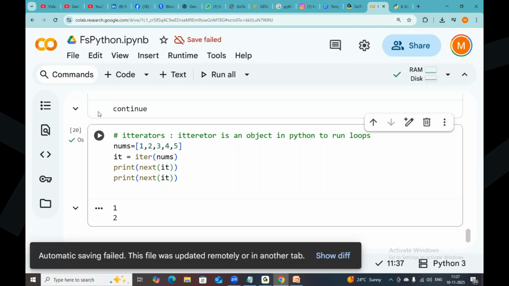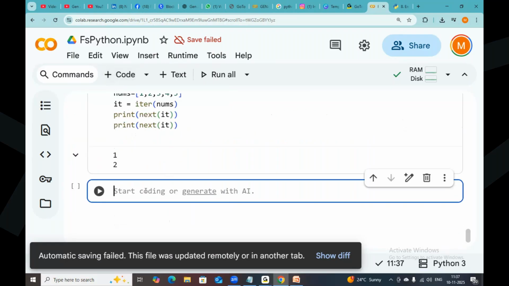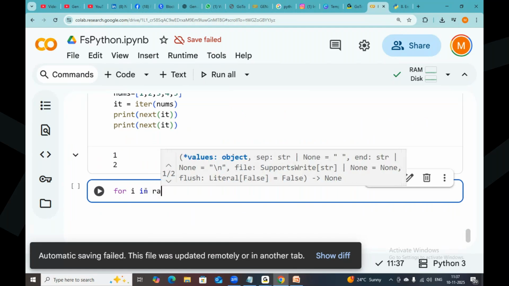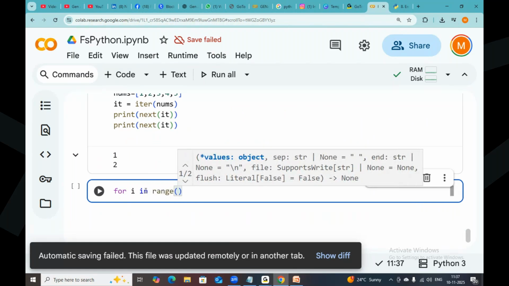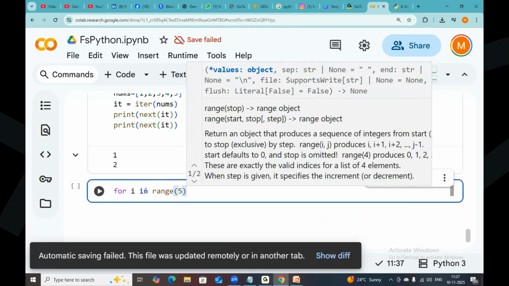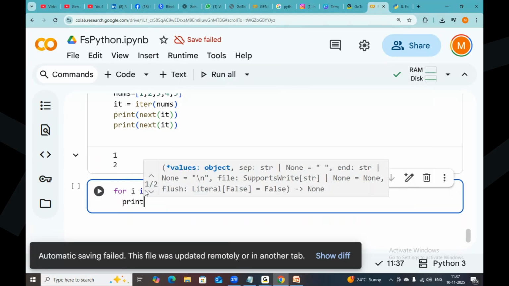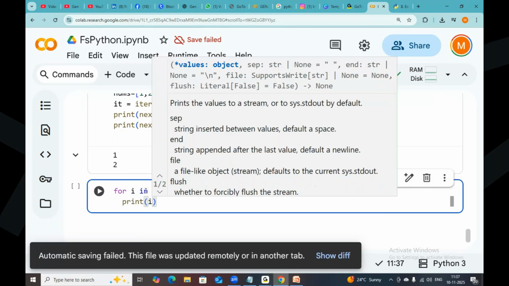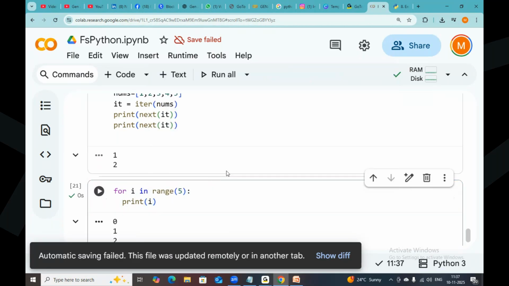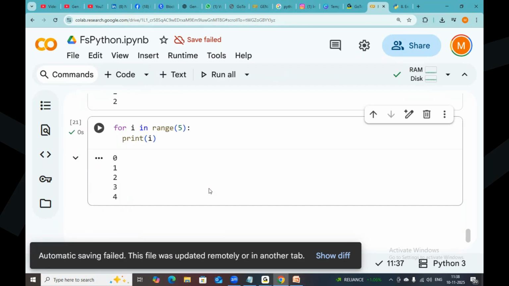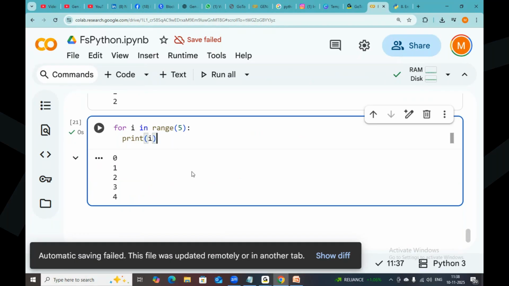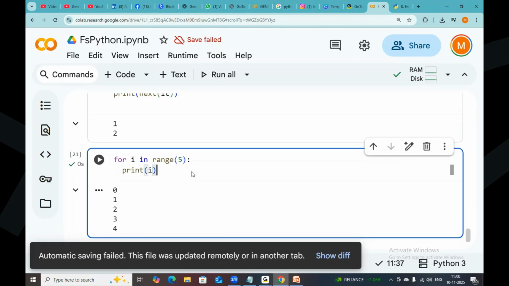Can I go through the loop now? I will show. For example, if I am writing a for loop, for i in range of 5, then print i. What happened? i is going to be printed how many times? 5 times. Okay. If I want to stop the block at some point,